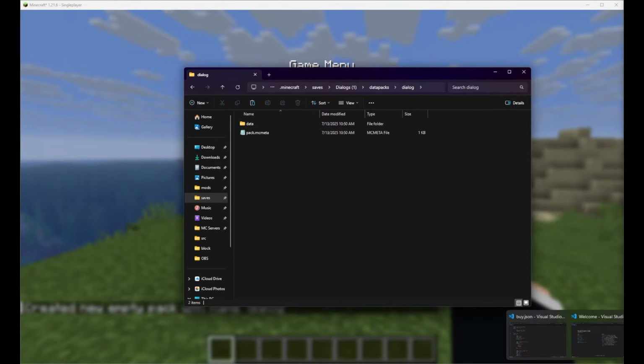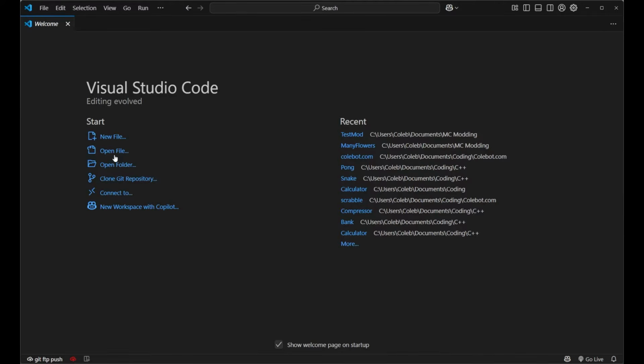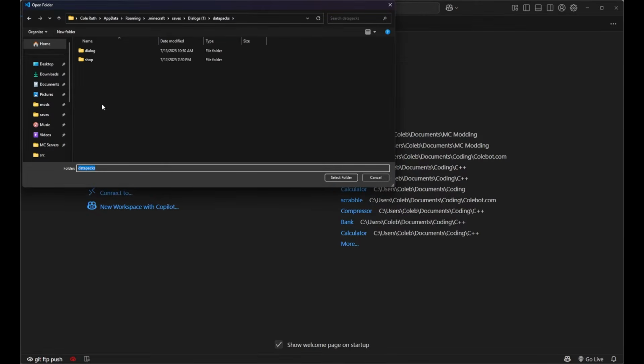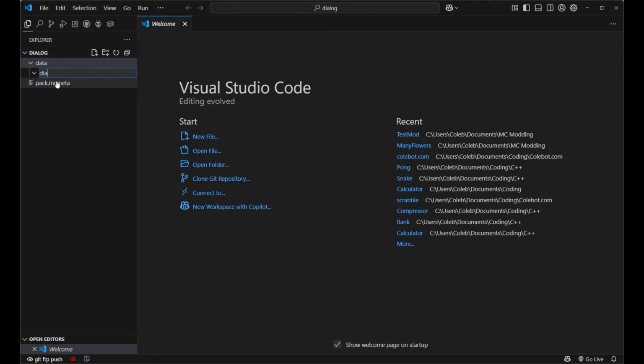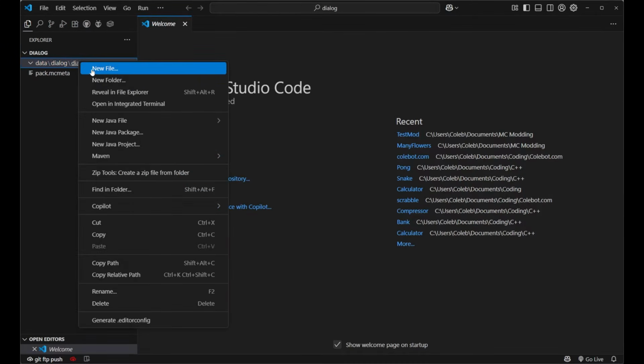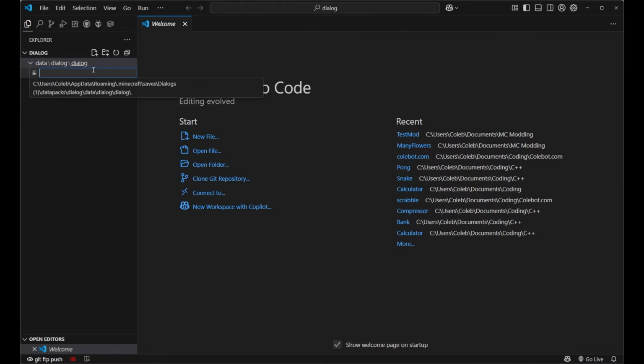So let's go ahead and open up Visual Studio Code and open folder. We'll navigate to the same folder and we'll open up this Datapack folder right here. Dialogs are defined in data/your namespace/dialog. So even though it says dialog/dialog, that's because this dialog is our namespace, and this is the dialog folder inside of our namespace. And then to create a new dialog, we'll just say our